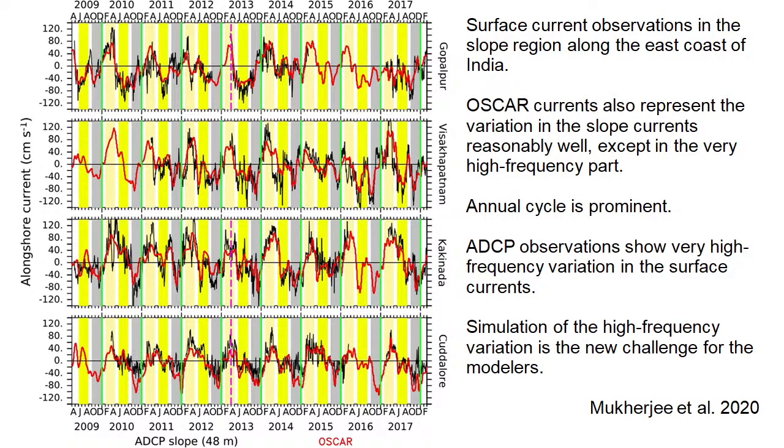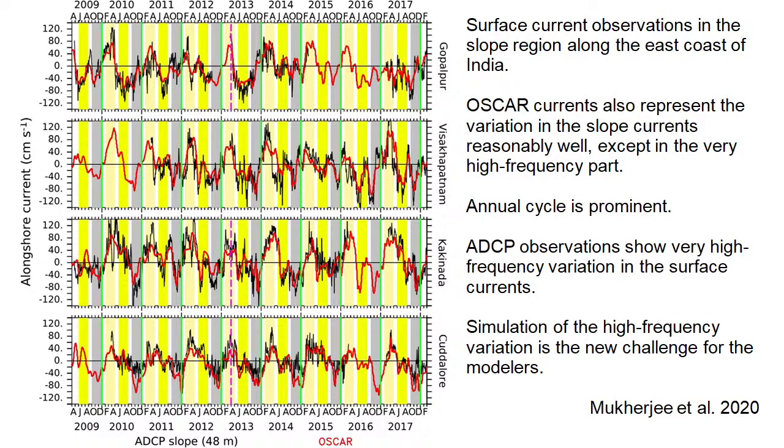It's a time series of surface current. Surface in the sense we call 48 meter the surface current for this one, because above that this ADCP cannot observe. This is a slope ADCP, so the topmost observation layer is 48 meters. At 48 meter, this is how the observation shows. The black line is the observation from ADCP, and Arnab has kept the observation from Oscar on top of that. That's the red line. So you can see that there is a lot of variability, but the most prominent thing,